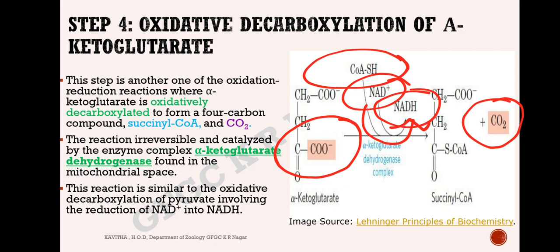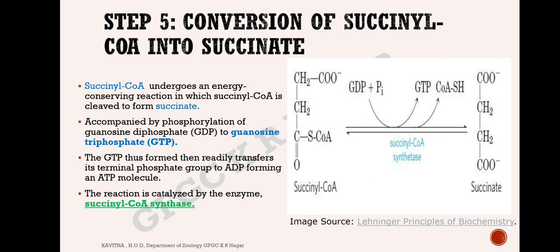Within the Krebs cycle, 2 carbon dioxide molecules will be released, and as a whole there will be 3 carbon dioxide molecules released for 1 pyruvic acid molecule, and for 2 such pyruvic acid molecules, in total 6 carbon dioxide will be eliminated. In the next step, step 5, succinyl coenzyme A will be converted into succinate or succinic acid,